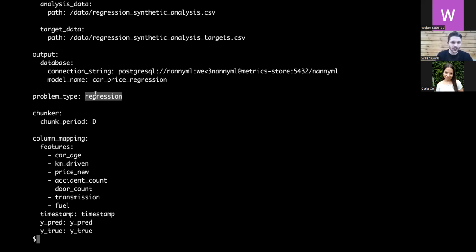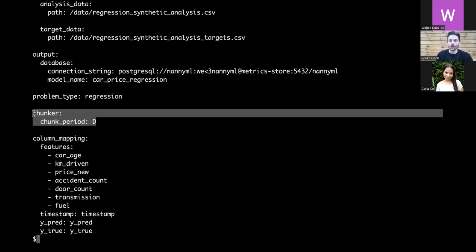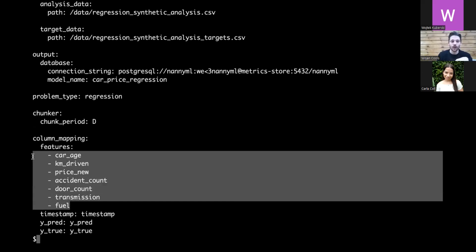Here we're doing regression. We also have to say on which granularity we want to chunk. We decided to do daily here. We have to do some column mapping and be verbose about which features are specifically going inside of this model. And then also the time dimension and some of the other stuff that we specified inside of our library interface